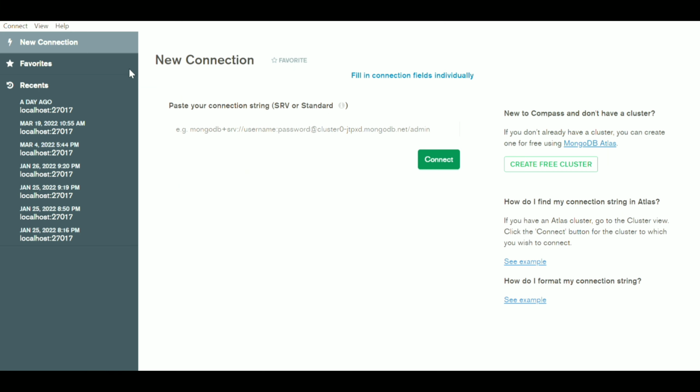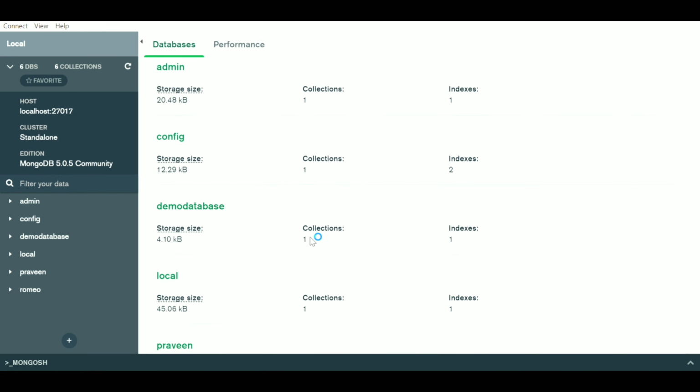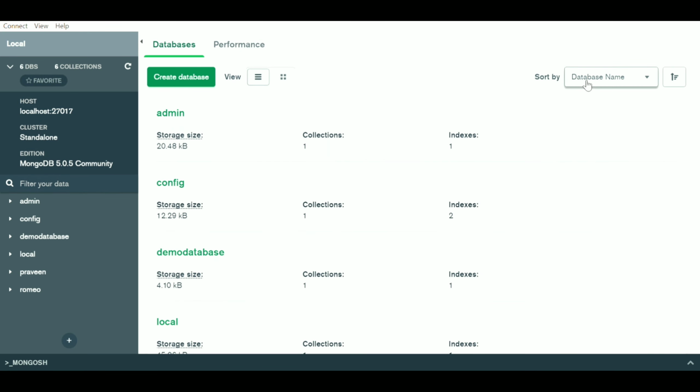Now first you have to go to the MongoDB official website, and then go to the download section given below. This is the current version, 5.6. According to your system, whether it is a laptop or desktop PC, Windows operating system, Mac operating system, or Linux or anything else, you have to download according to your operating system.